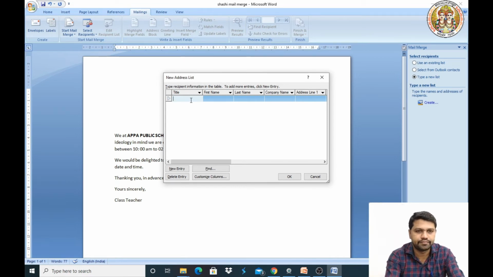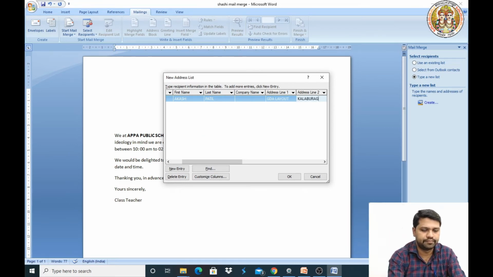For example, Mr. that is the title, Akash Patil, and the company I don't want to add, just skip it. And the address line is GDA layout, and the next address line is Kalburgi. Next line is city, also Kalburgi. Next, Karnataka.